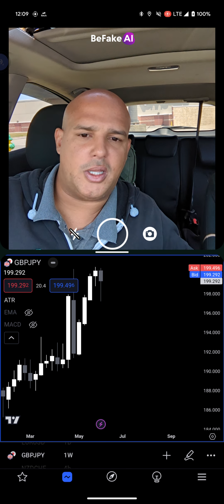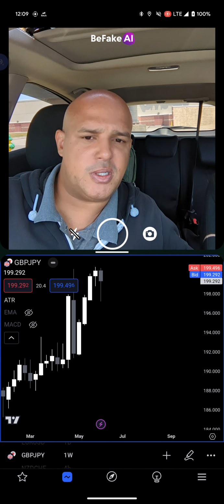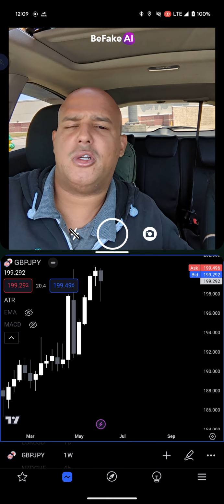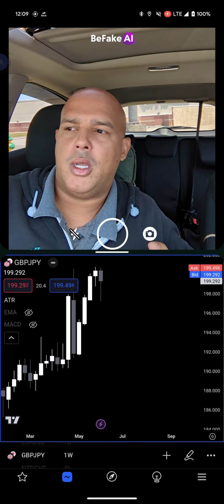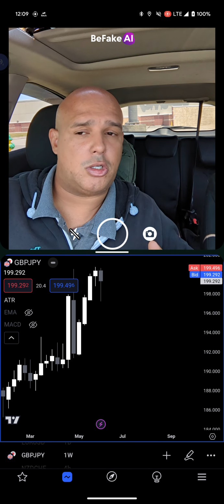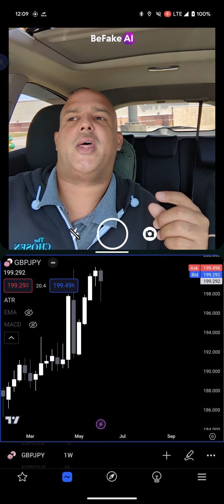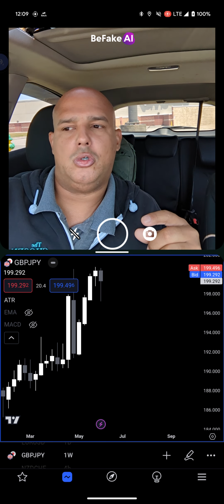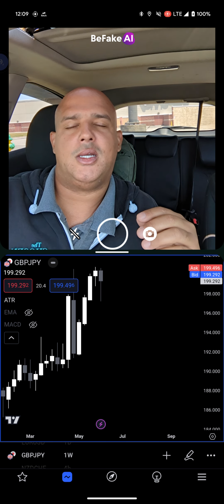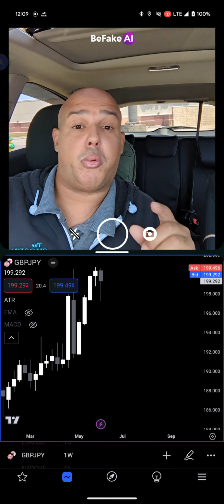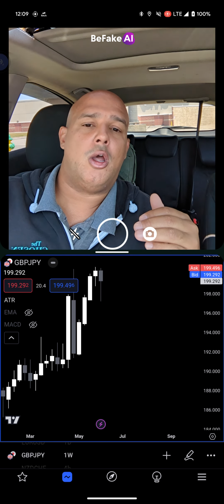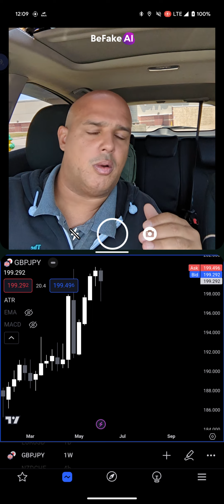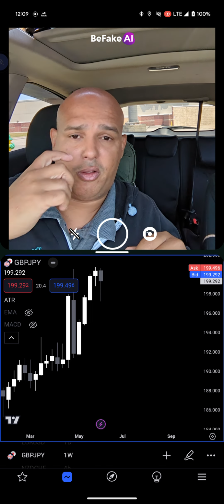And so what would I do at this? Well, I would look at this, same thing, 50% of the body, but I'm also going to do 50% of that bottom wick. And all I want to do is make sure that if I got into a trade, I want to be able to bring my stop loss to break even. So a 1-to-1, when I get to 1-to-1 at that zone, at the 50% area.